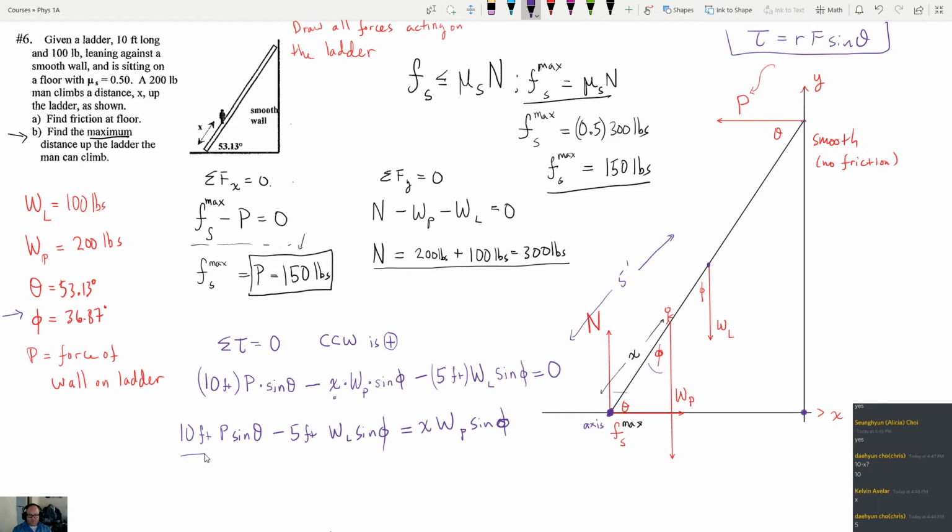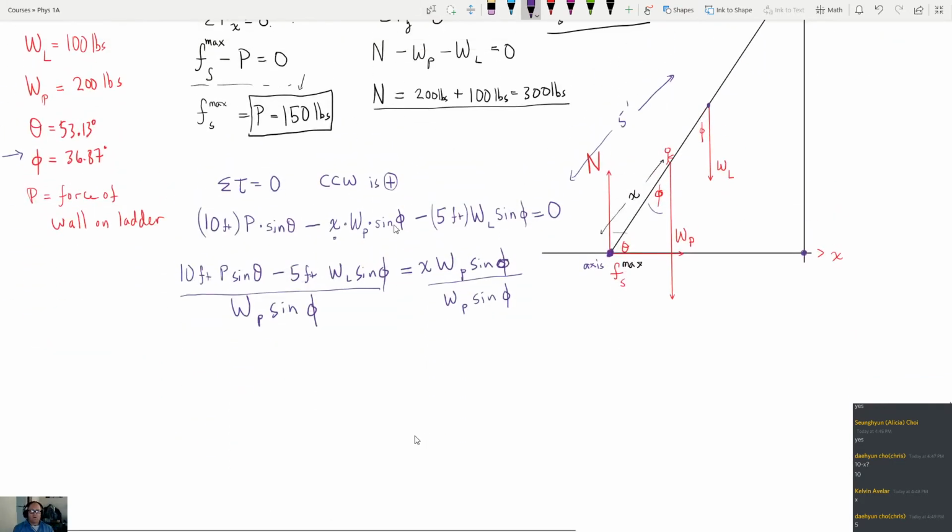Okay, and then we'll just divide both sides by everything that's multiplied by x. Obviously, on the right-hand side, that'll cancel with that. And now let's just throw in all our numbers. So it's 10 feet